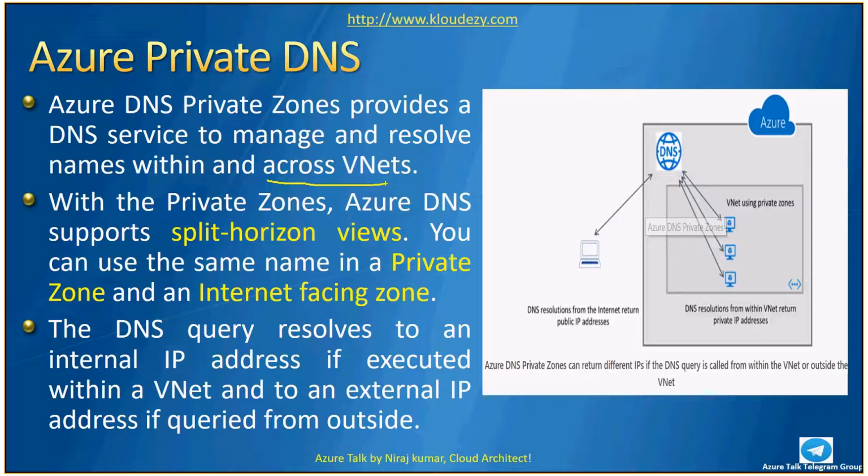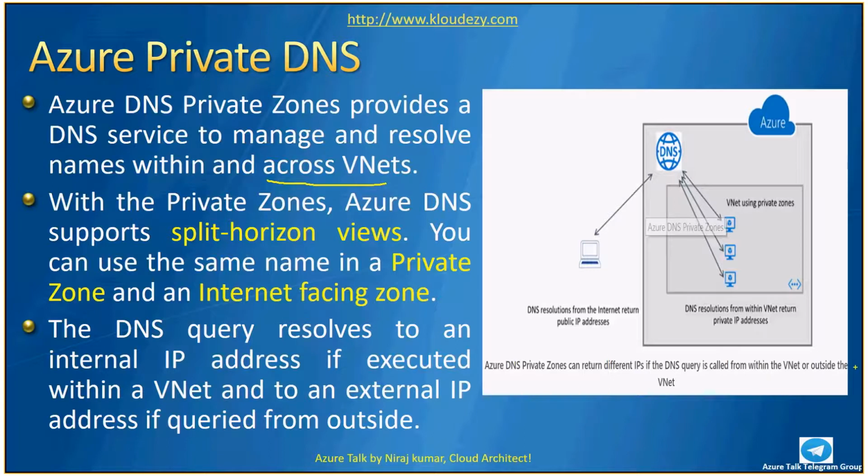Usually when you have an ADFS server, you have an ADFS proxy, and then you have your ADFS server which is sitting on the intranet. Now with this, your public DNS server can point to your ADFS proxy, which is sitting in the public DMZ, and your private DNS server can point to your ADFS server, which is sitting on the intranet.